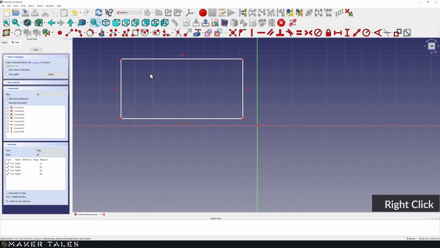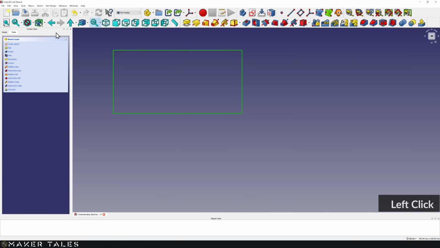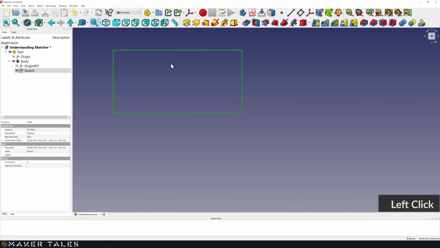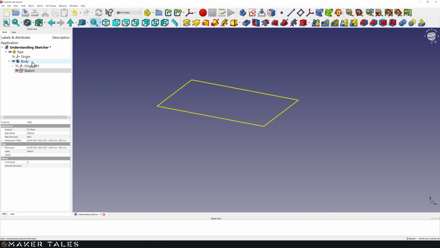Right click to cancel the operation, and then we'll either close this, hit escape, or you can click this button here. We're back in the part design workbench now with a sketch of a nice simple rectangle. Now we're about to say "sketch" and many words far too many times, so let's try and simplify this all the way down by being super clear of what's going on here in our tree view.